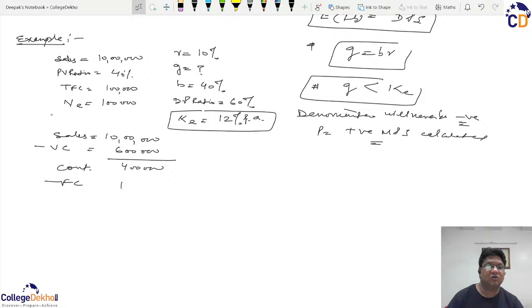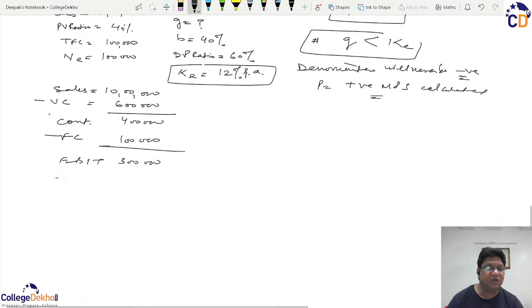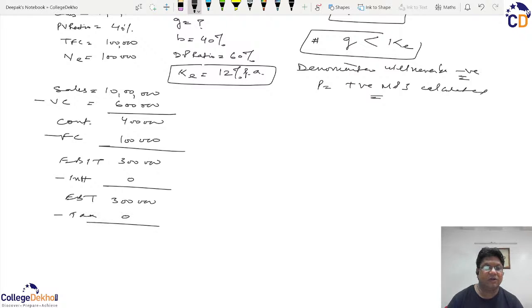If we deduct the fixed cost of 1 lakh, then we have an earning before interest and tax of 3 lakh. There is no information on the interest, so if we presume the interest is 0, the EBIT will be equal to EBT, that is 3 lakh. If no tax rate is given and we ignore it, then the earning after tax will be 3 lakhs. As there is no information on the preference capital, we say preference dividend is 0. So this 3 lakh becomes the E, that is the earnings for the equity shareholder.